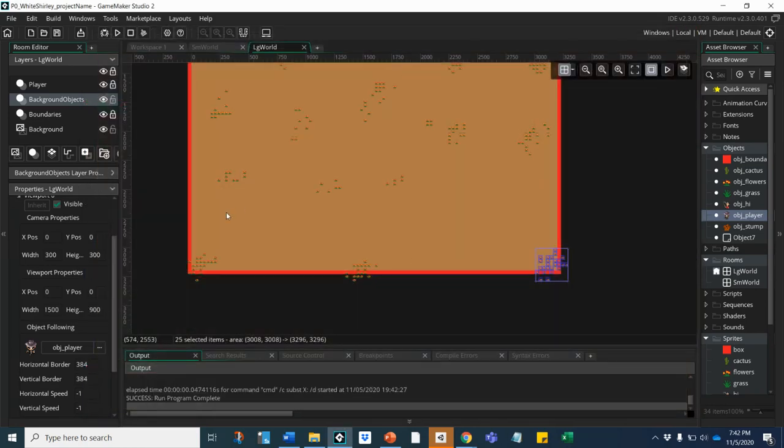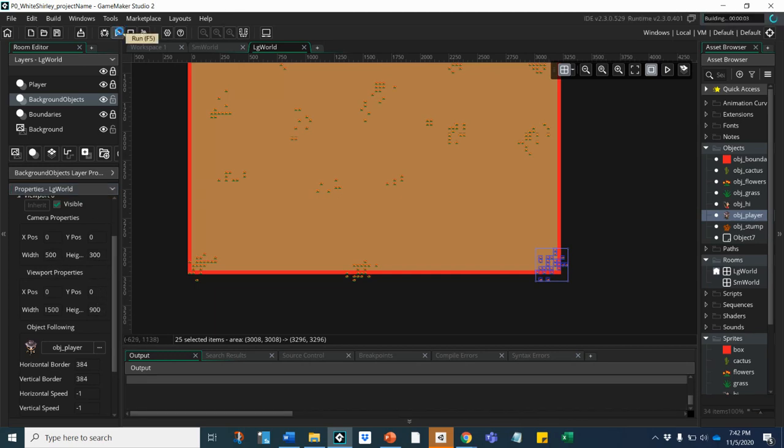So to keep that from happening, we need to have our camera and our room proportional. So if my height is 1/3, then my width should be 1/3. So I'm going to change this to 500. 1/3 of 1500 is 500. 1/3 of 900 is 300. And now when I run it,